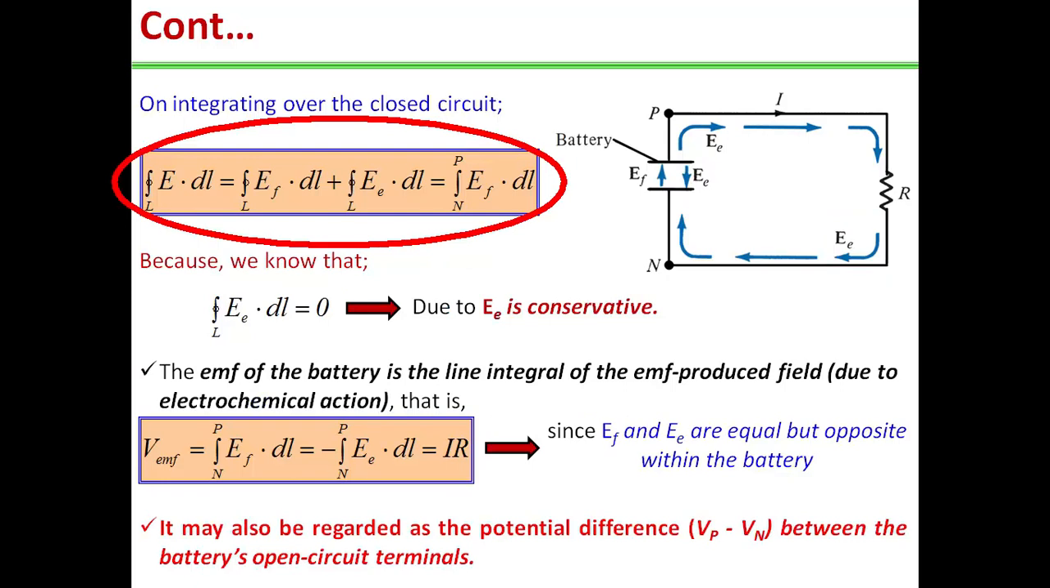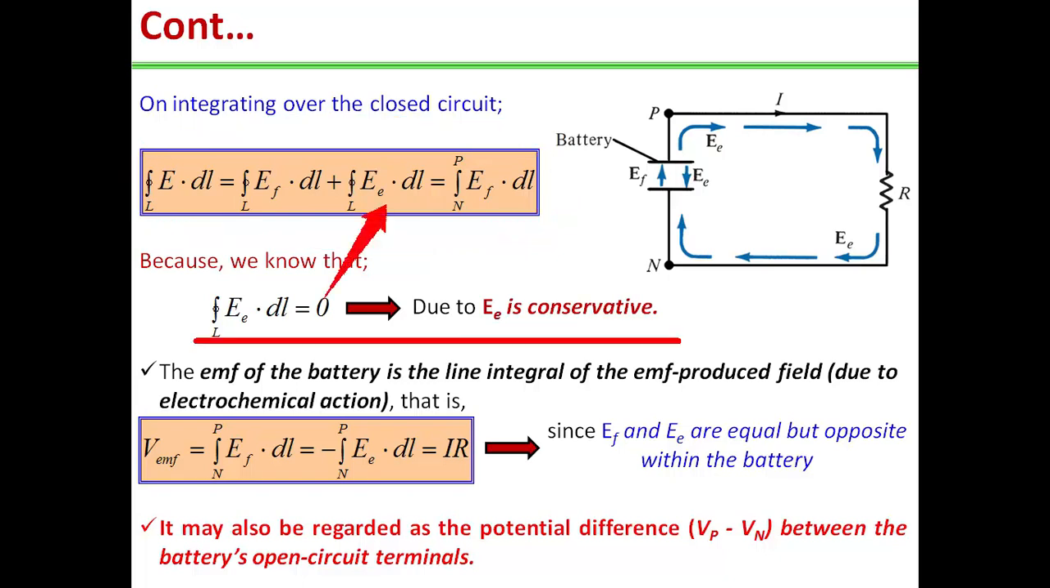Now we integrate the previous equation over the closed circuit. We will have the line integral over path L of E dot dl is equal to the closed integral of E_f dot dl over path L plus the closed integral of E_e dot dl over path L. And we know that the closed integral of E_e dot dl over path L is equal to 0 because the electrostatic field is conservative in nature. So finally, we will have the closed integral of E dot dl over path L is equal to the integral from point N to point P of E_f dot dl. Thus,